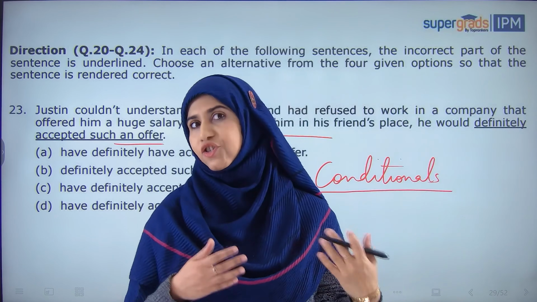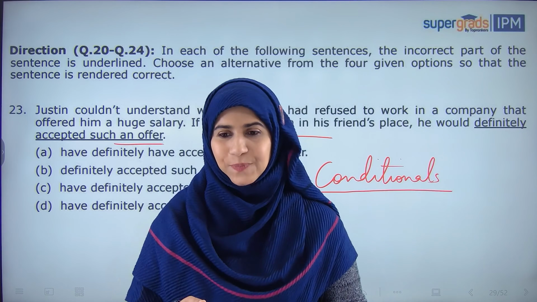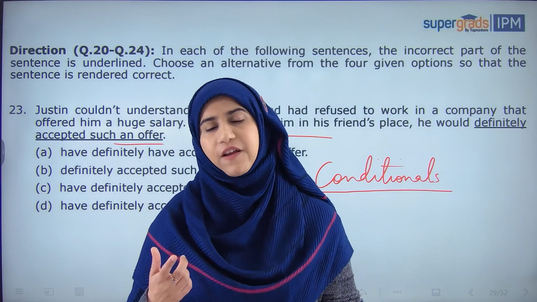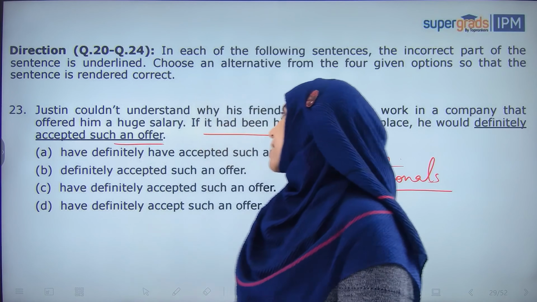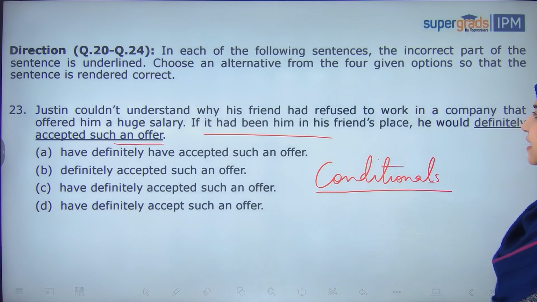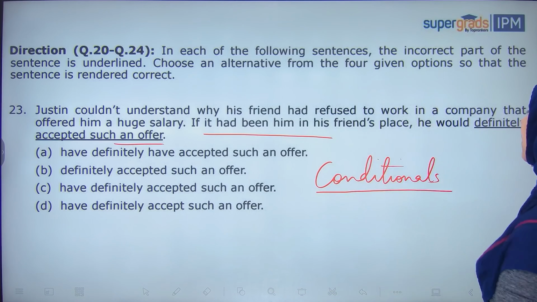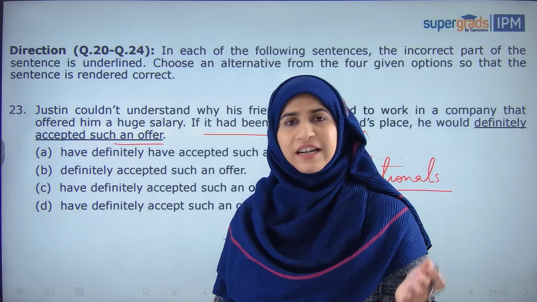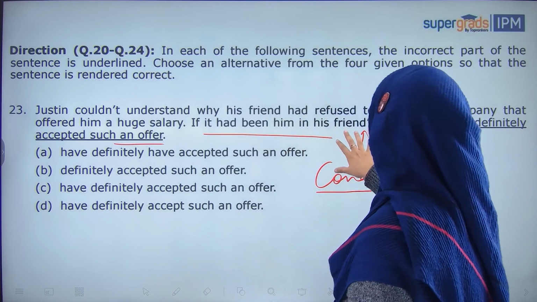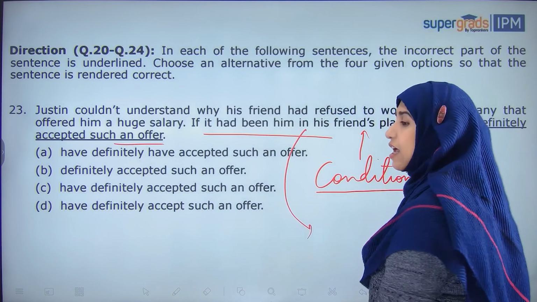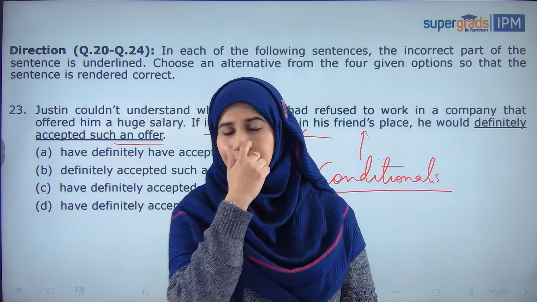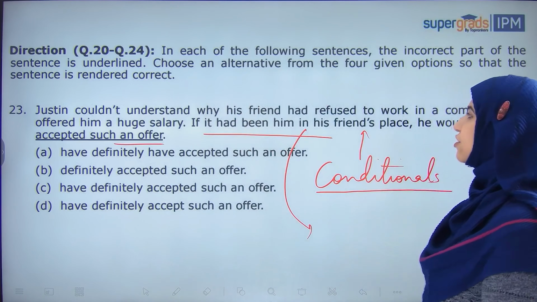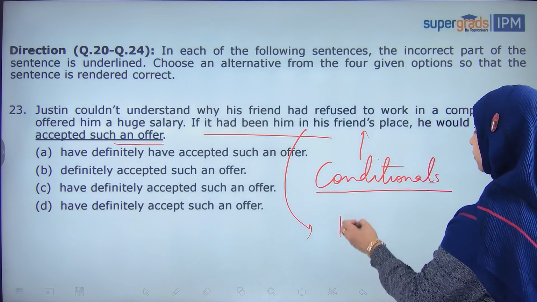Tenses, conditionals, subject-verb agreement, prepositions, nouns, pronouns. These are mostly very, very important topics. Fine. Now, having read this sentence, I hope you understand that this is all a hypothetical situation. कंडीशनल्स अगर आपको पता है तो आप देखते से ही समझ सकते हो कि कौन सा कंडीशनल है. क्लास बताइए, मैसेज इट टू मी इन द कमेंट सेक्शन. कौन सा कंडीशनल है ये? एक्चुअली इट इज द थर्ड कंडीशनल,